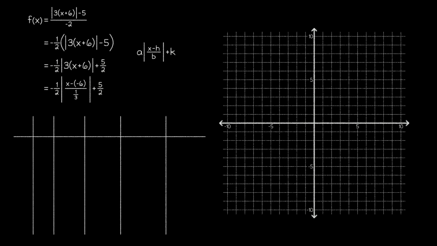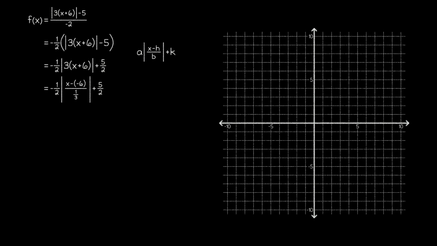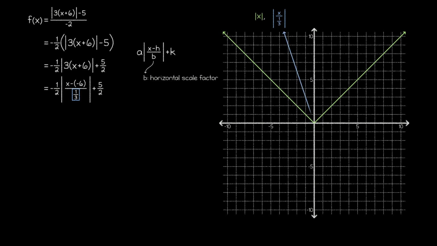Now, instead of jumping straight into an extended table of values, let's see if we can make our graph based on the properties of the transformation format. We'll start by graphing the parent function, and then we'll take our horizontal scale factor into account. Recall that b is the horizontal scale factor, which turns out to be 1/3 for our function. So we'll graph our next step by compressing the graph horizontally with a scale factor of 1/3.